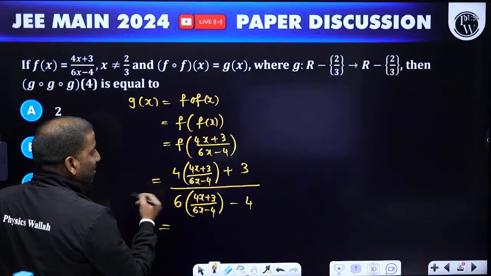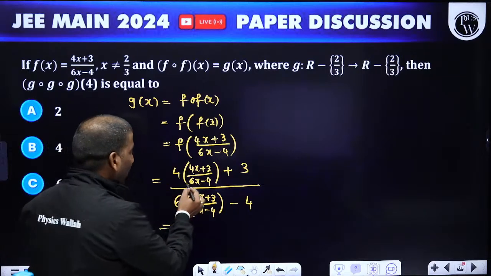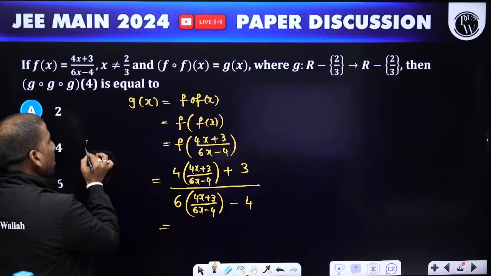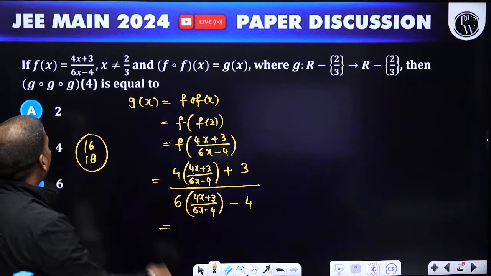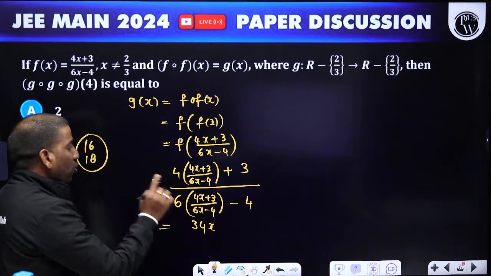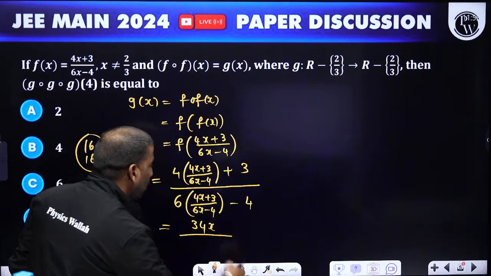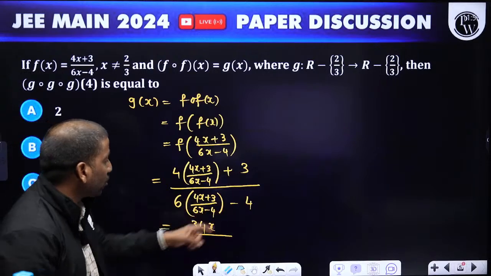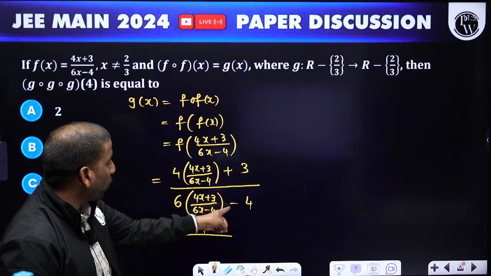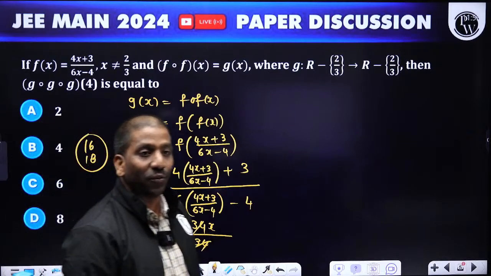Now let us consider the x coefficient. For 4 times 4, how much? 16. When you take the cross multiplication, I mean the LCM, 6 times 3 is 18. So 16 plus 18, how much? 34. So 34x. Next, coming to the constant: here 4 times 3 is 12, and 12 got cancelled. Next 24x here, and here also 24x got cancelled. 6 times 3 is 18, and 18 plus 4 times 4 is 16. 18 plus 16 is again 34. Oh, so nice. So 34 got cancelled.